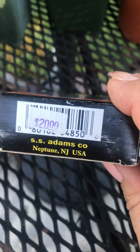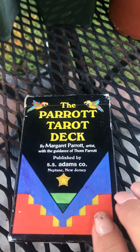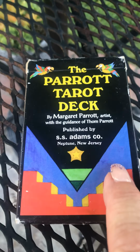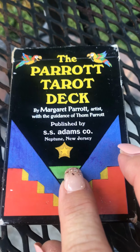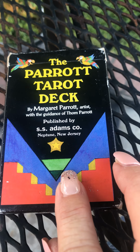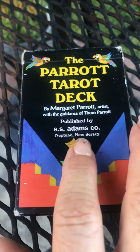I don't even know if they're still in business or if they've printed other tarot decks. I remember at one point I found a web page, many years ago, by the creators of this deck, and they had a PDF file that I was able to download of their interpretation of the cards. But I don't have that handy anymore. I think I may have discarded it. But this deck did come with